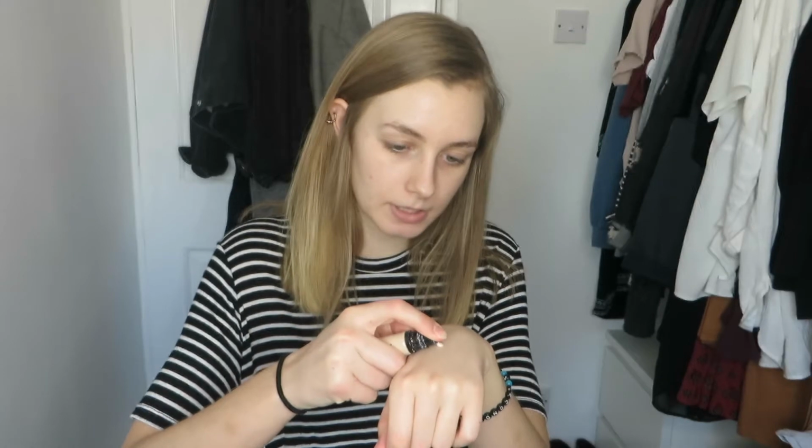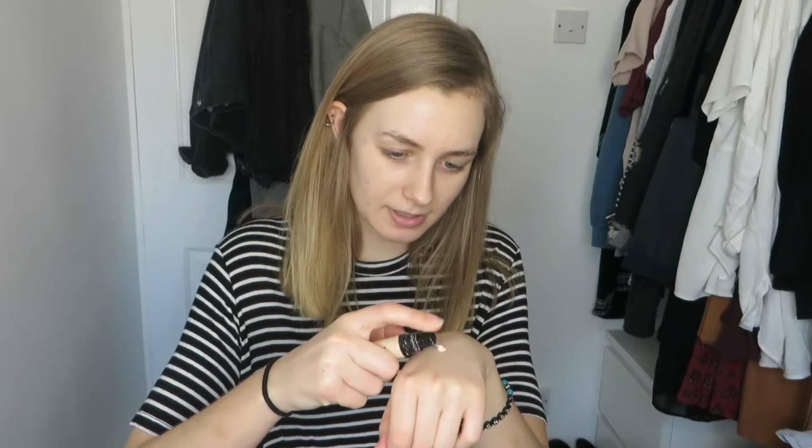Then I'm going to take the MAC Pro Longwear Concealer. This is in NC15. And what I do is I pump a bit on the back of my hand. Mine is kind of running out. I've had it for ages. I'm using it up so I can buy a new one. And then I dot it under my eyes. This is my main bit of coverage, so I put it under my eyes and I bring it down quite low into kind of a triangle,